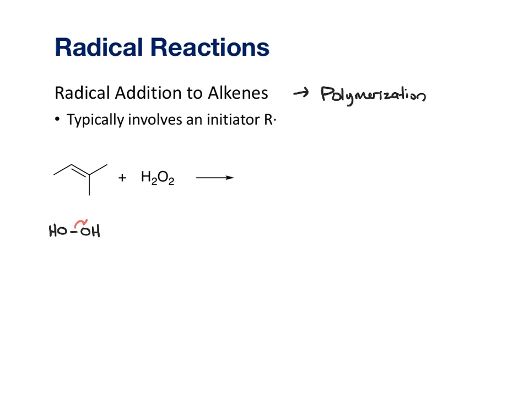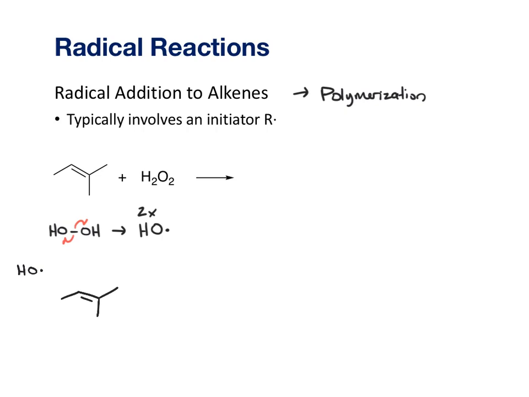This peroxide bond breaks quite easily to give you two of these hydroxy radicals. This can then add to an alkene. So here's our alkene involved, and in general, this will add to the less substituted carbon because that gives us the radical with the more substituted carbon. So to show you what I mean,